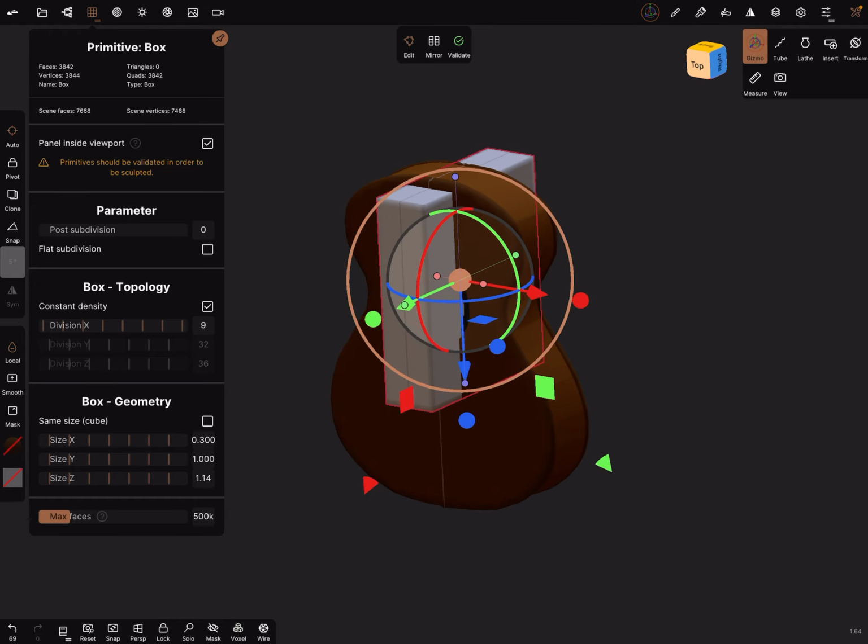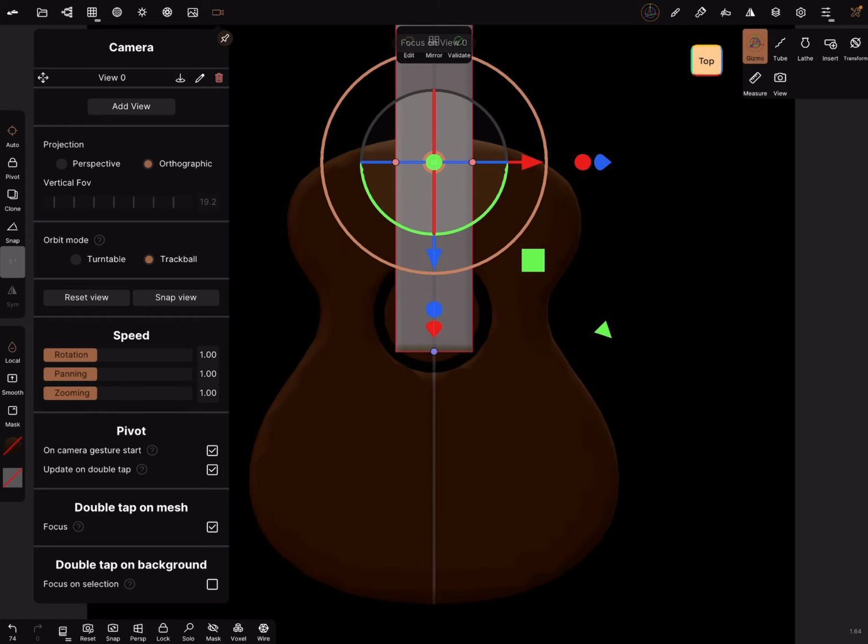Like this. And now we can use our reference again. We can bring the camera back and reference image is on. Camera.